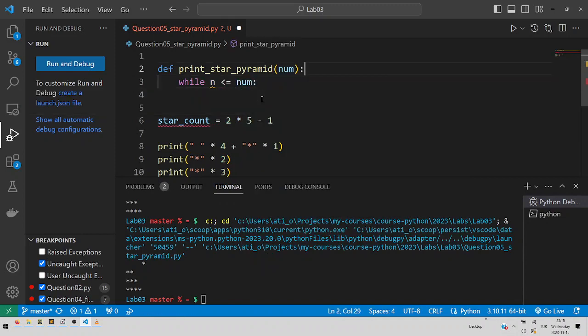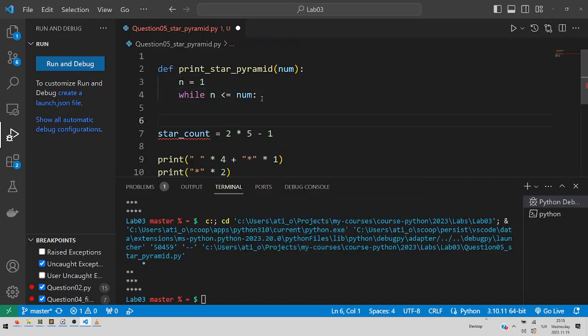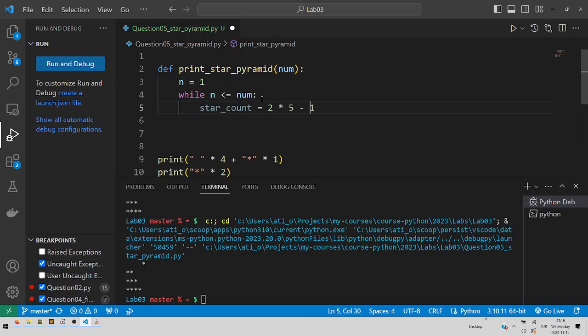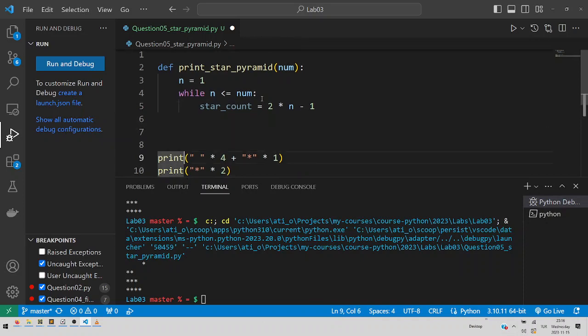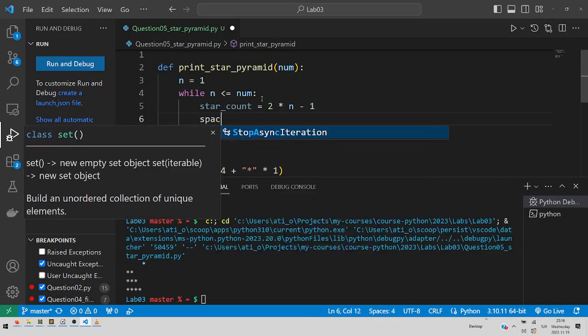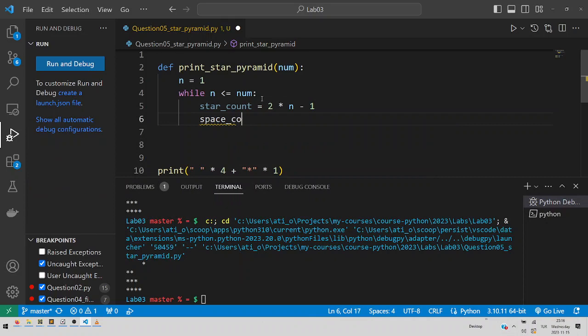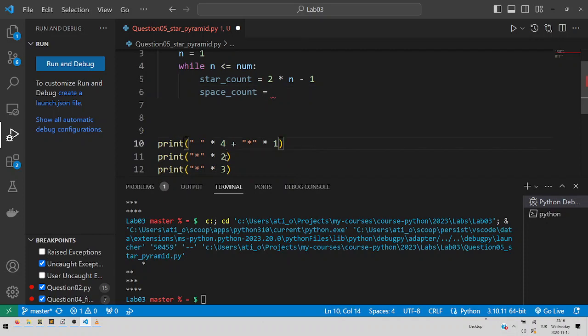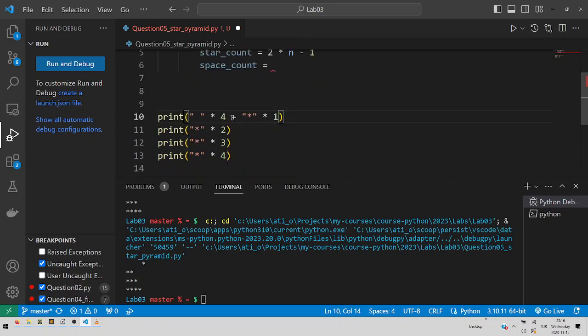We need to start with n equal to 1, and calculate this star count, which should always be 2n minus 1. And I also need this space count. How many spaces? For the first line this is 4, then for the others it should be 3 plus